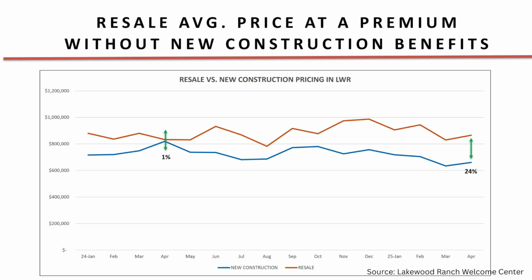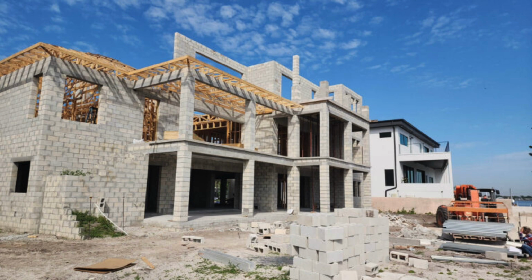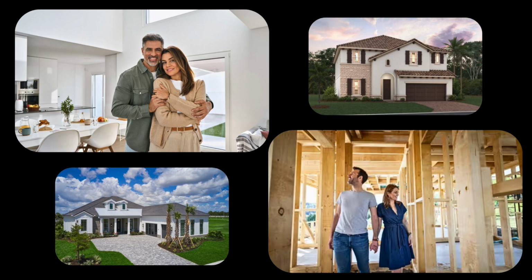This graph shows the average pricing for resale versus new construction in Lakewood Ranch. You can see that builders are pricing their property 24% less than sellers are pricing their homes. This does not include any buyer incentives. Add to pricing, new construction is built to the latest codes, and buyers can select colors and finishes. Since many people in this area buy pre-retirement or are flexible with a move-in date, new construction is a no-brainer